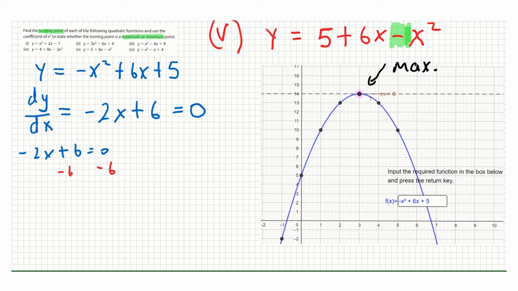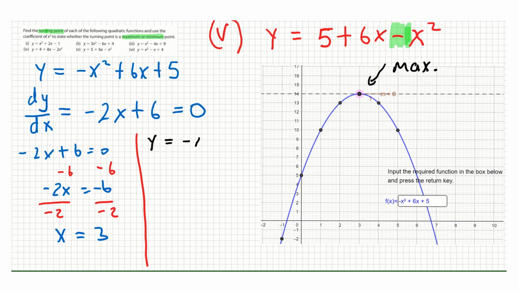So minus 2x plus 6 equals 0. We want to find x. Minus 2x equals minus 6. x equals 3. When we have x, we want to find y. So we're going to substitute x back into the original function